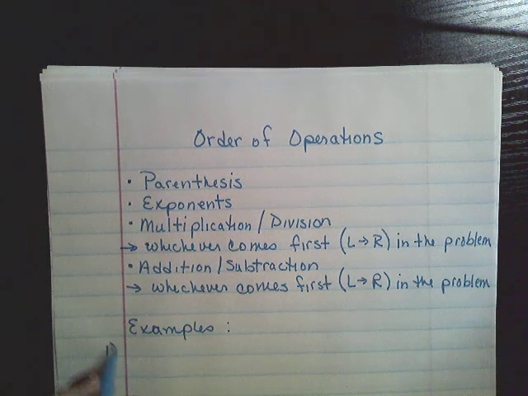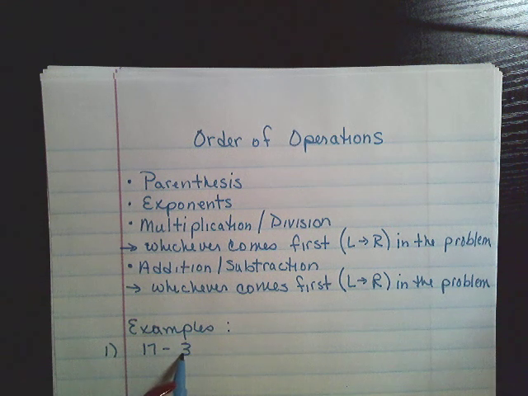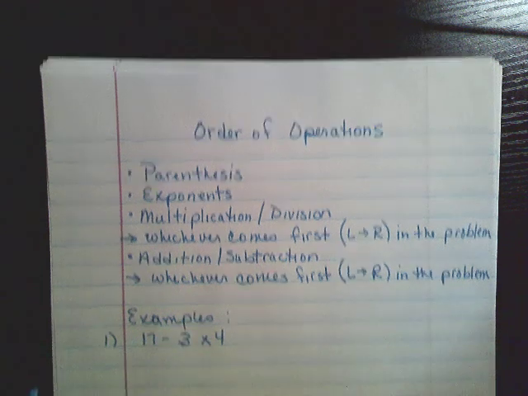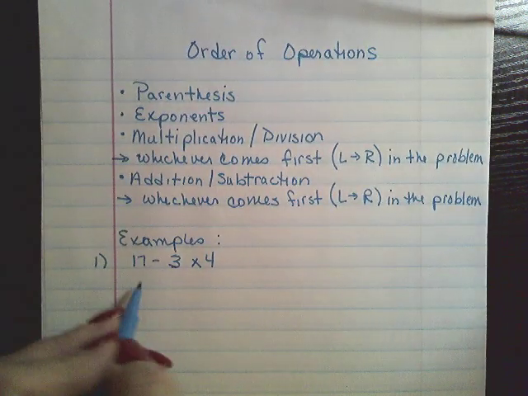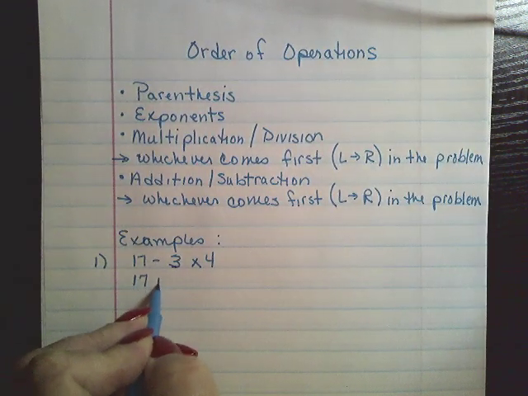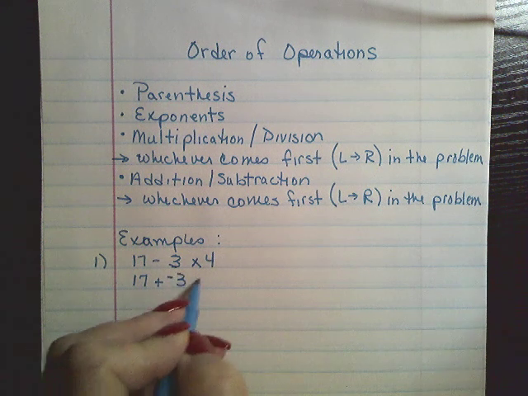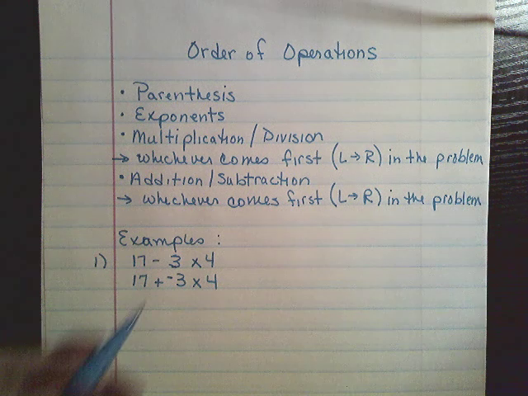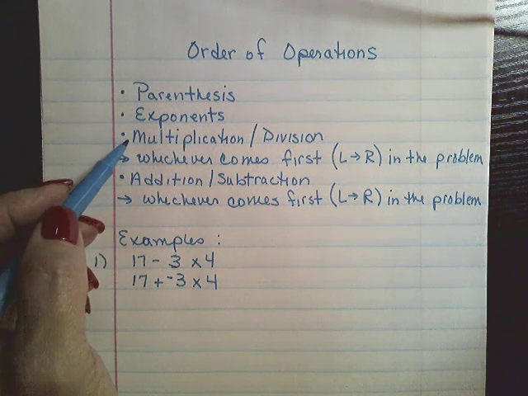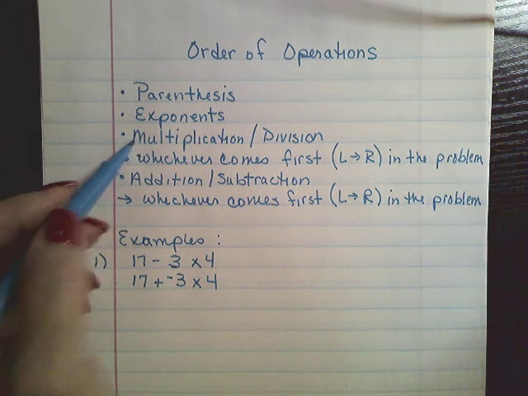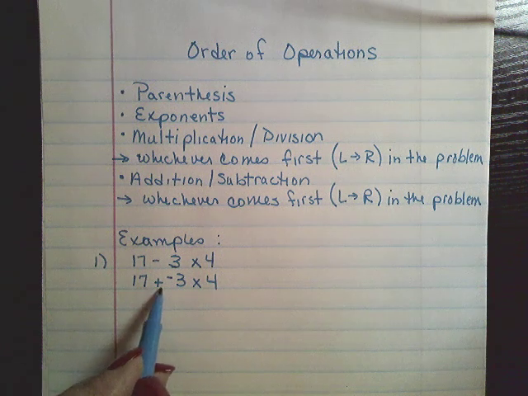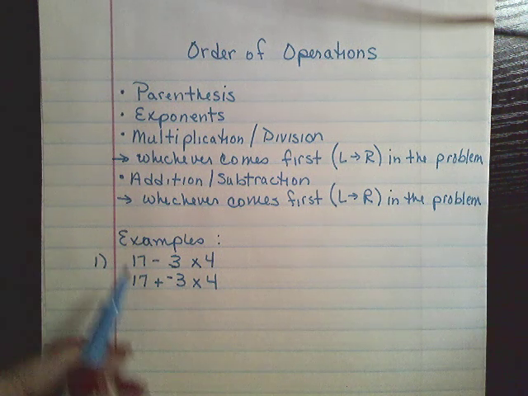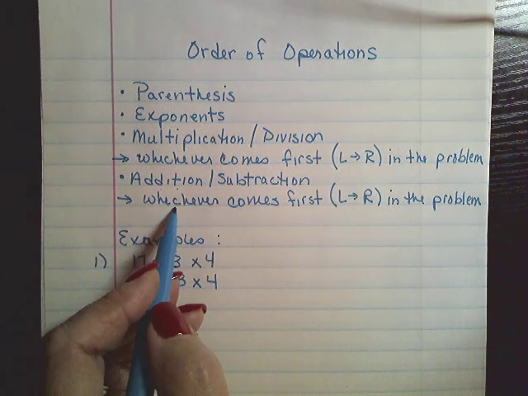All right, number one, we have 17 minus 3 times 4. Okay, the first thing I want to do is change that subtraction to adding a negative. So that becomes 17 plus negative 3 times 4. Now, according to our order of operations, we have to do our multiplication and division first. So we are not going to take 17 plus negative 3 because addition is going to be last in the